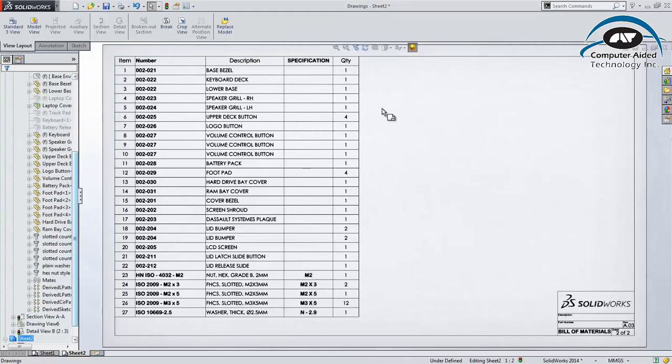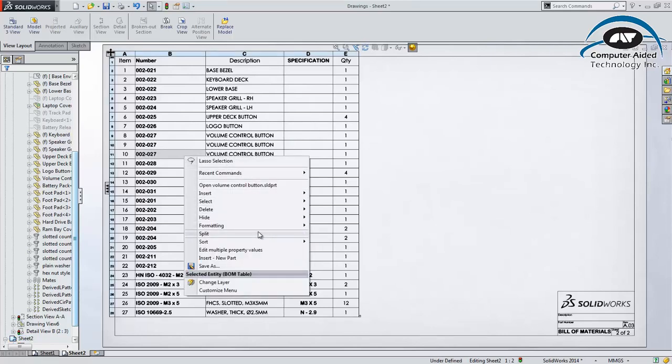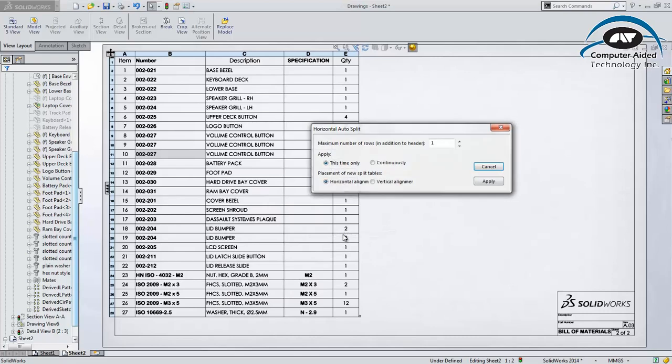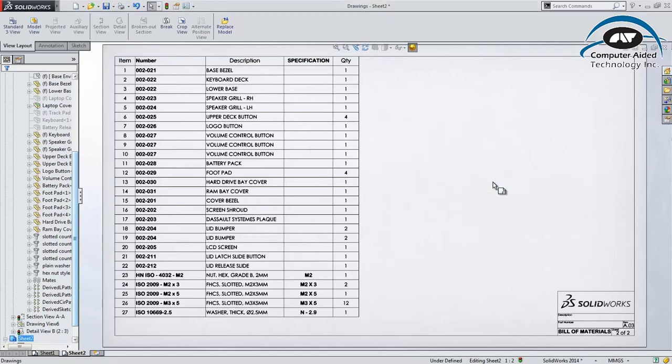This bill of material looks and fits well on this drawing sheet, but what if it were to get larger and extend off the sheet? In the past, we could, after the bill of materials has updated, manually split the table anywhere we chose. Now, however, in SolidWorks 2014, you can specify a row count in which to split the bill of materials. Even better, you can specify that SolidWorks always preserves this, even as the design changes, and control how the split